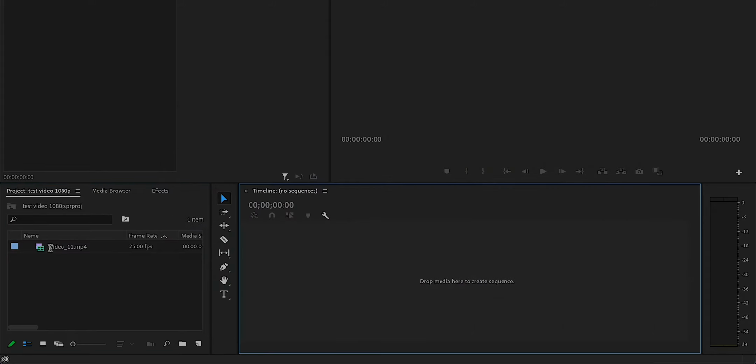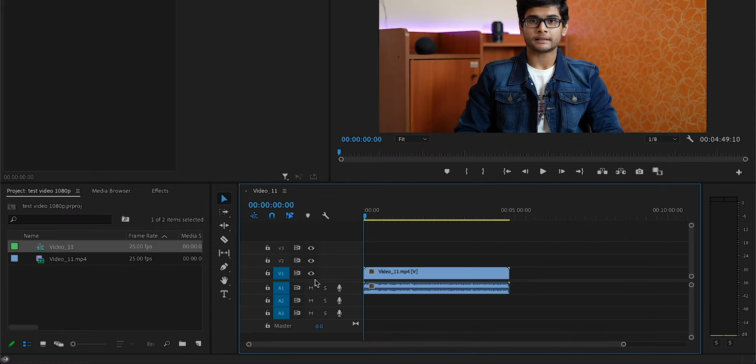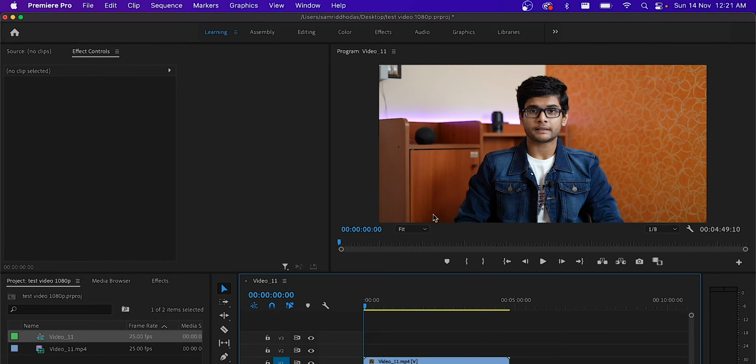After importing, it will generate the peak files for the added media. Let's wait for that process to complete, and now if you drag it into the timeline, as you can see, the video is now imported. Now as you can see, this video is already in the 2:1 aspect ratio, but this video was originally shot in 16:9 aspect ratio.